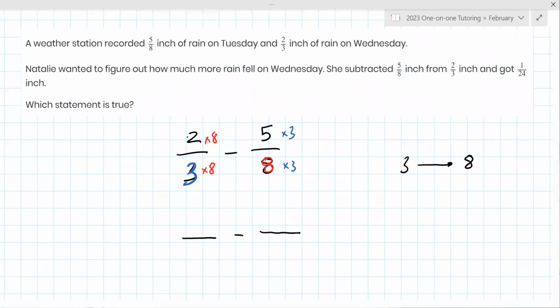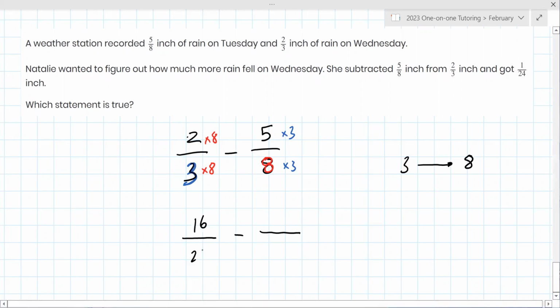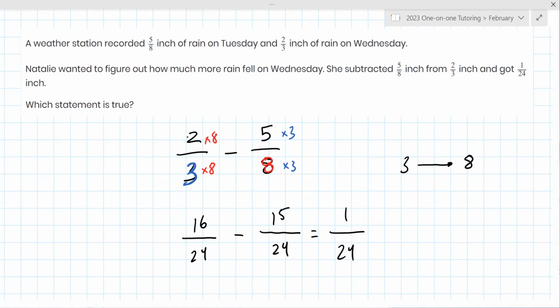Okay, 16 over 24. Good. And then 15 over 24. Good. So what is the result when you subtract? 1 over 24. Good. So the answer here,